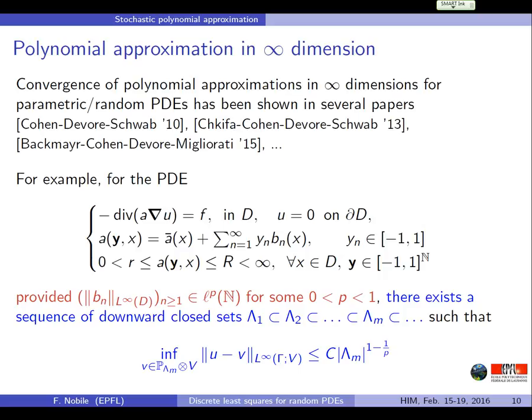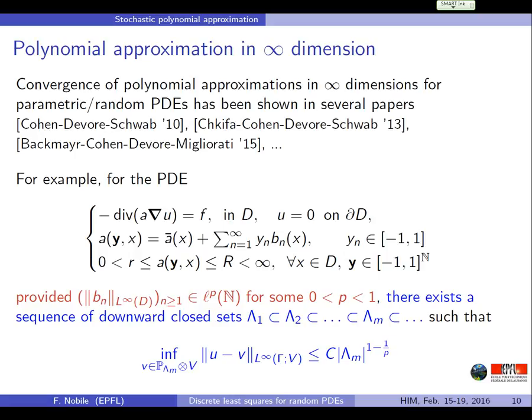They show that if you take, for instance, this diffusion equation and you expand a in an infinite series, in this case for uniform random variables, but there are generalizations also to Gaussian random variables and the log-normal model, under the assumptions that you have uniform boundedness and positivity for this coefficient, for any x and for any y, then basically you can show that there exists a sequence of polynomial approximations in downward closed sets